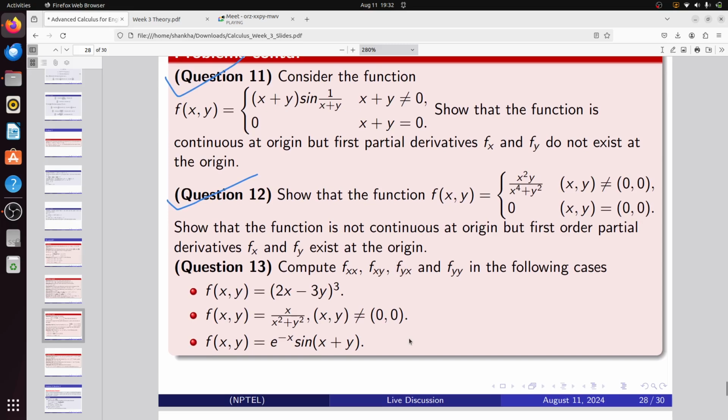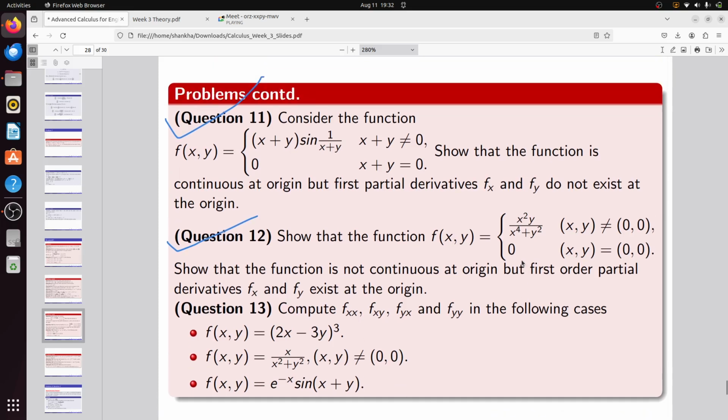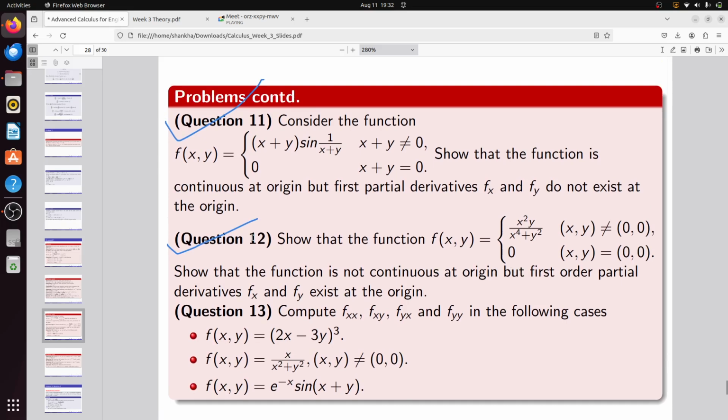I hope you can do it, right? Just solve one. I will upload the notes, you can practice. Okay, I will give 2-3 minutes, you can solve. So just solve it. Sir, which one can I solve? You can solve any one, like you try to solve part B, x by x square plus y square. Okay. I think it is a bit complicated. Okay, forget it, just solve the first one, 2x minus 3y whole cube. It is easy, I think.